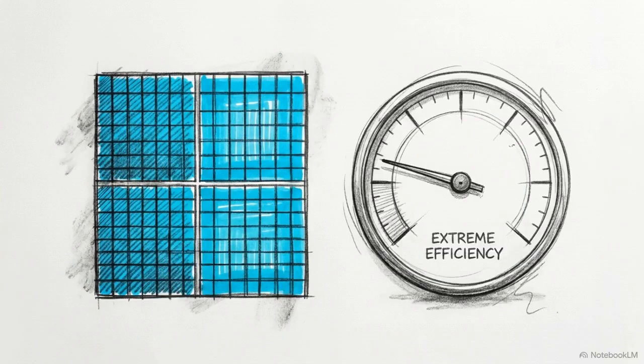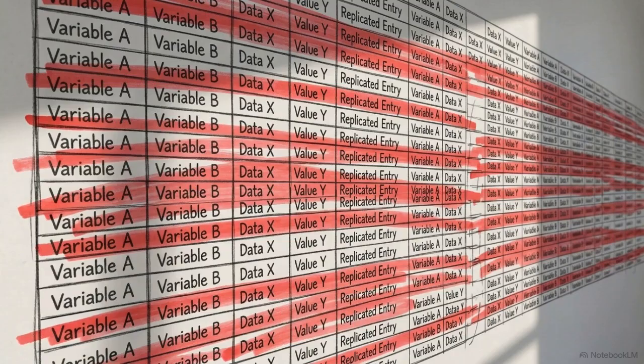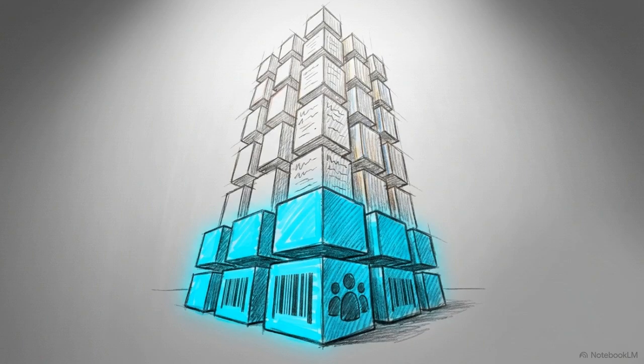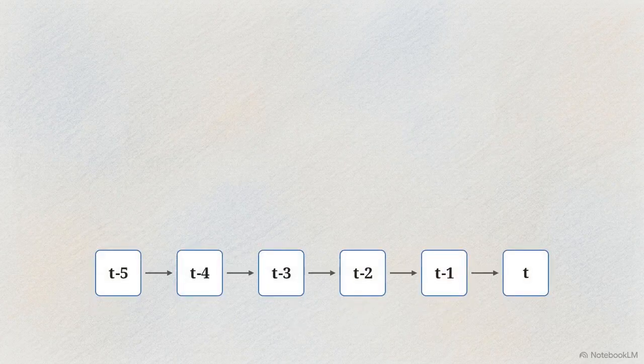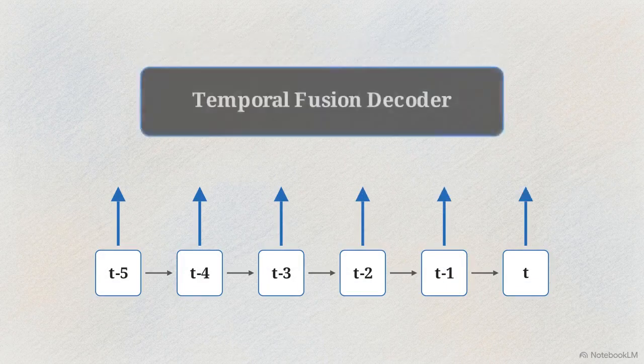Initializing the network state with a single static context vector is far more efficient than the traditional method of awkwardly appending static data to every single time step along the sequence. This precise sequence of operations guarantees that the LSTM's localized processing is mathematically anchored by unchanging background variables, like product IDs or demographics. To connect these localized patterns across extended timelines, the data enters the final architectural phase, the temporal fusion decoder. Hidden state outputs flow from the LSTM into the temporal fusion decoder,